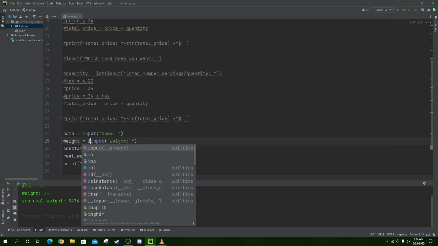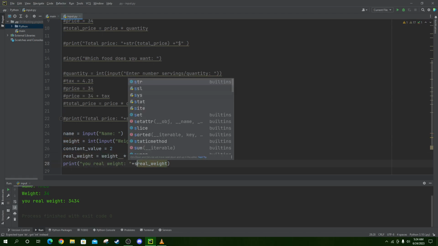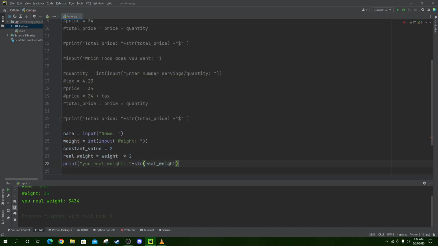So, input integer value. I don't know whether it's a float value. I think it's an integer value, but in reality, I'm inputting a float value. Now, when it's changed, you have to change this to a string literal as well. Otherwise, it won't